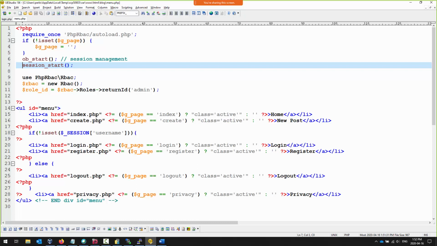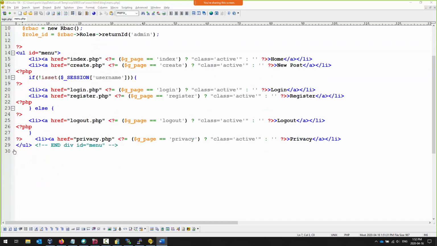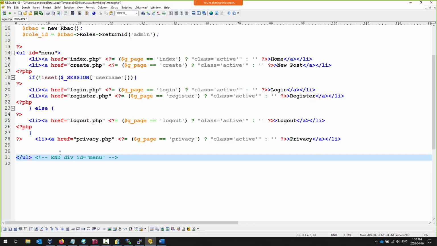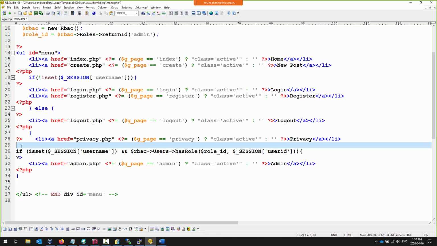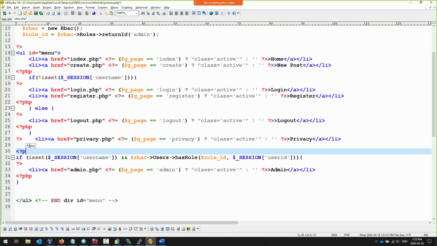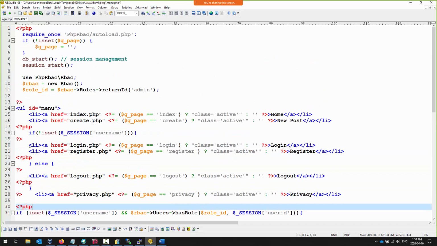Okay. Now that I have that done, I'm at the bottom of page 4 and through onto the top of page 5. I want to add a new menu item after, well, it doesn't really matter where. Okay, I'm going to add it after my privacy statement. I'm going to add a block of code here. Obviously, there's something wrong because it's missing something. My syntactical highlight is showing me that I have something missing here. Okay, so I need to add a PHP statement. Okay, so start PHP if